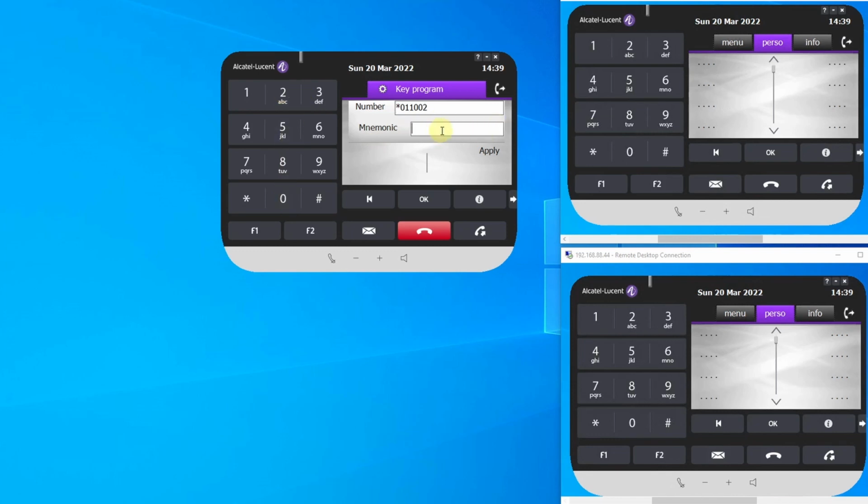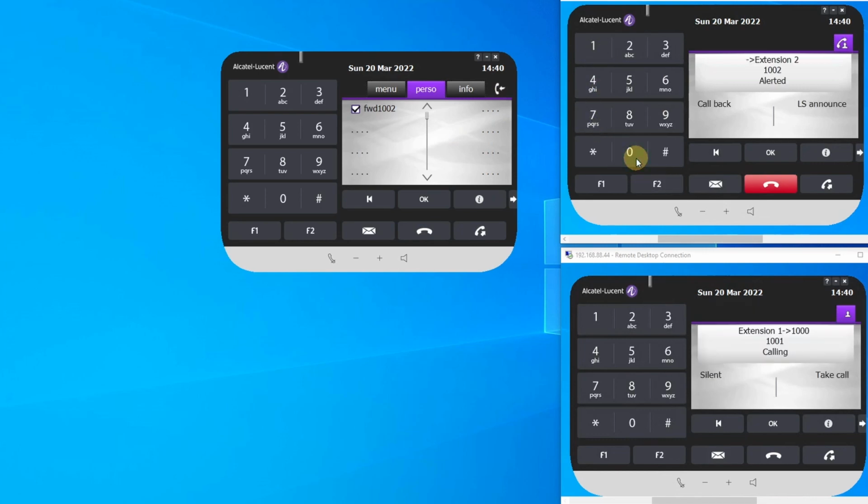And you can put a name in here. In your desk phone you have some keyboard there, you can type forward 1002, and if you hit apply, programming accepted, and you can see there's a tick box there, and once you want to forward you can just press that program key